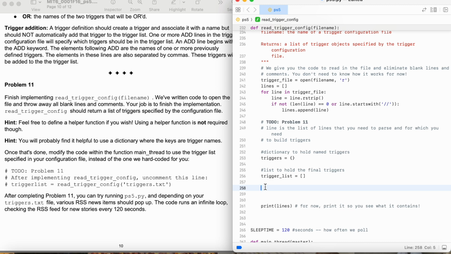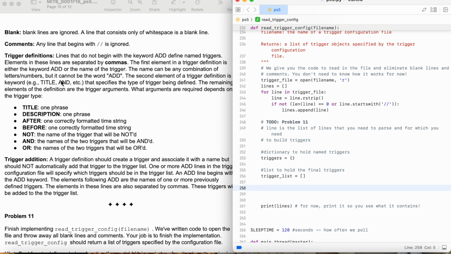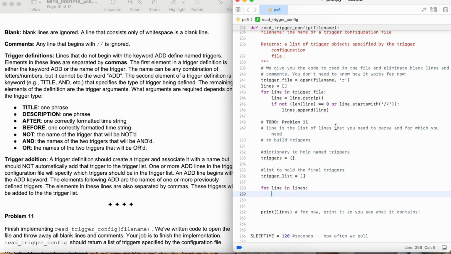And so now that we have this, in trigger definitions, it states that the first element in a trigger definition is either the keyword add or the name of the trigger. And so that is right here. And the second element is a trigger definition keyword. And then the remaining elements of the definition are the trigger arguments. So it also states that the elements following add are names of one or more previously defined triggers. So in other words, if the first part is add, then the part after it should just be the names of the triggers. So we can say that for line in lines,